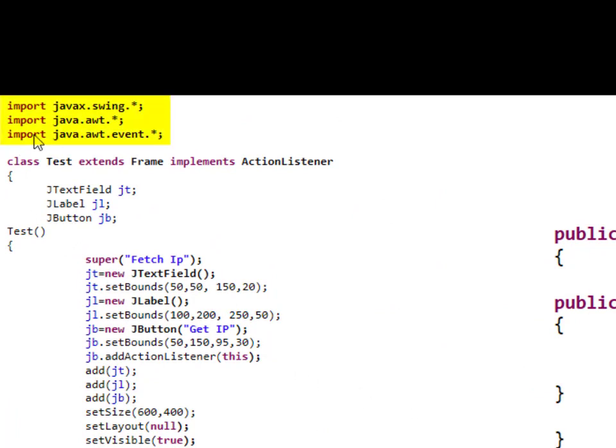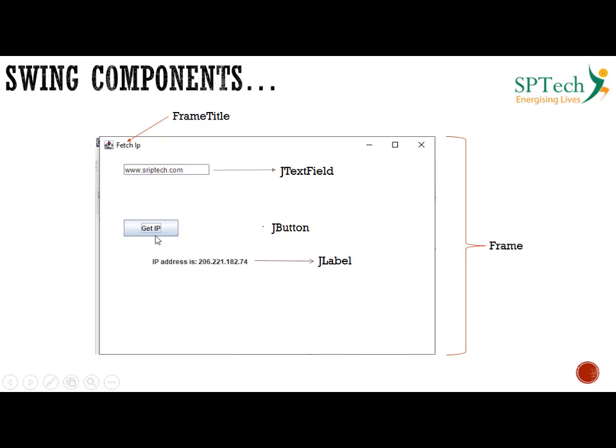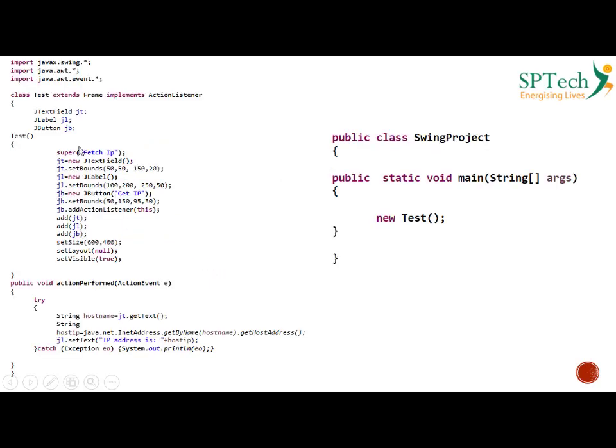First I am importing javax.swing.*. You know what is this? javax.swing is a package, and I am importing all the classes of that particular package, and I am also importing java.awt.*, and I am also importing java.awt.event.*. This is because I am performing an action. I am using this ActionListener in this particular class because I am doing the delegation event model. Why am I using the delegation event model? Because when I click on this Get IP, it is displaying me the IP address. So I have to listen to the click event of the Get IP, and in the click event I have to display the IP address. So I have to make use of this